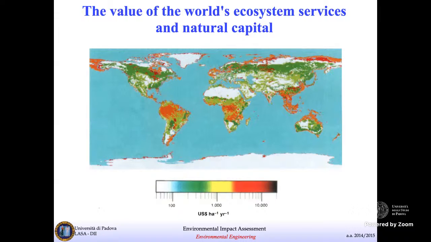So to policymakers, instead of saying, oh, you're going to lose hectares of primary rainforest, you should tell them, oh, you're going to lose billions of dollars. They will raise their ears much more, so they will be much more attentive. So this is the great advantage of employing